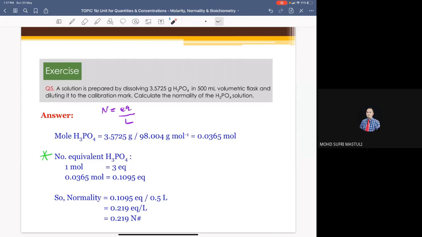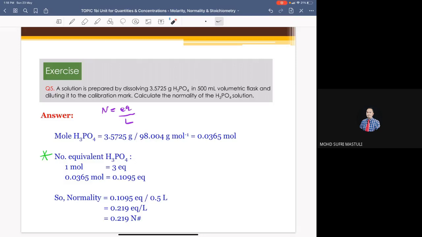Because it has 3 hydrogen atoms. So from 0.0365 mole, you can obtain how many equivalent reacting units. Since 1 mole is equivalent to 3 EQ, 0.0365 mole of H3PO4 is equivalent to